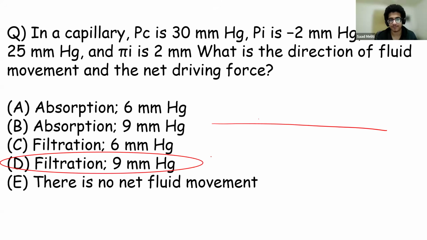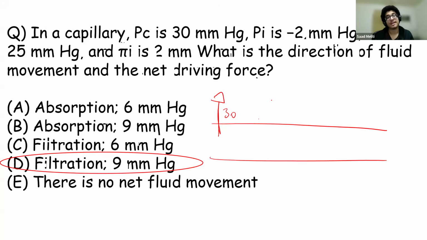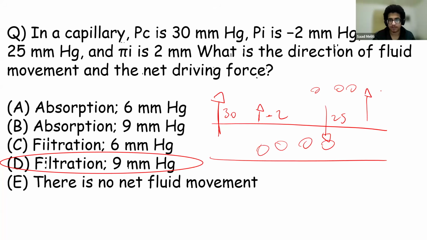And just to explain it for those who are watching the recording later, we have a capillary hydrostatic pressure of 30. The interstitial pressure is -2. Now, -2 means that it's going like this, okay? The capillary oncotic pressure is 25. So the proteins inside the blood vessel are pulling with a force of 25, and the interstitial proteins outside are pulling the fluid outside the blood vessel with a force of